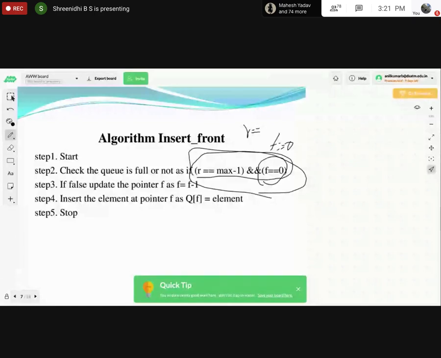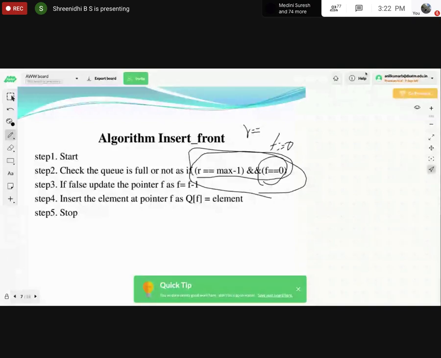If the condition we have written there is true, directly we have to insert an element into the queue through the front end, not through the rear end. Make sure that you insert the element onto the queue only through the front end, right?